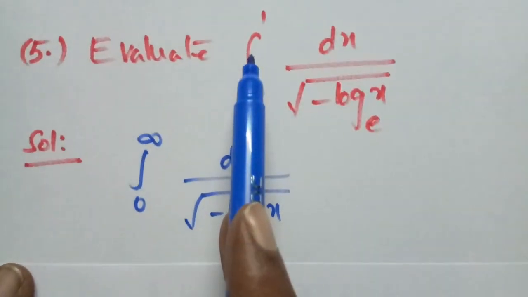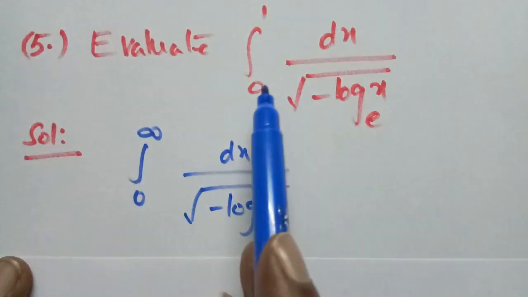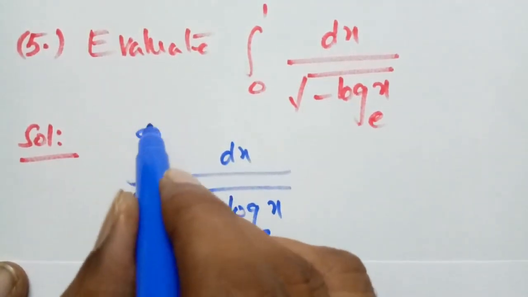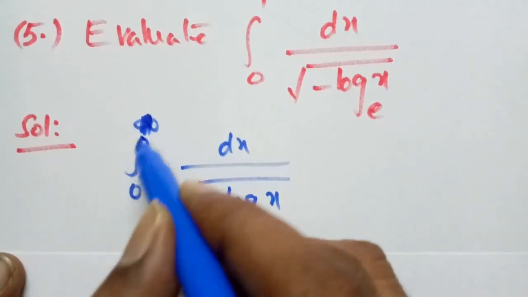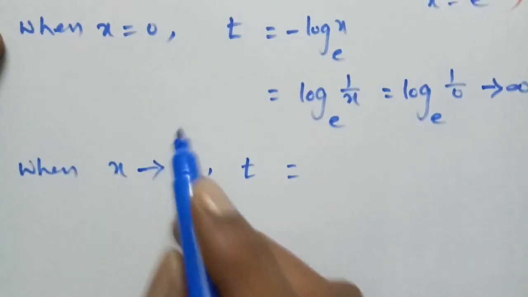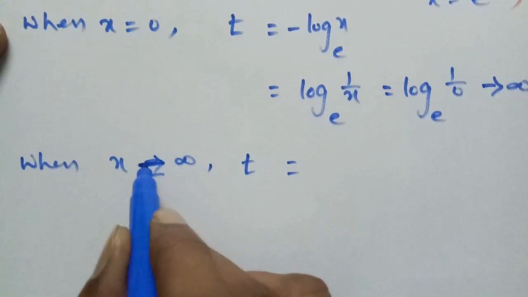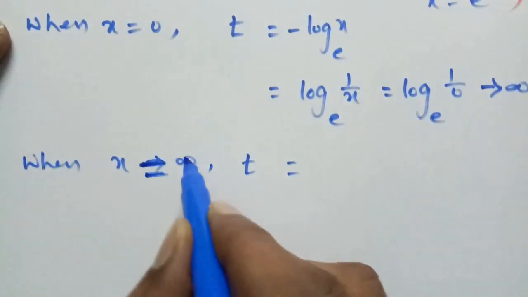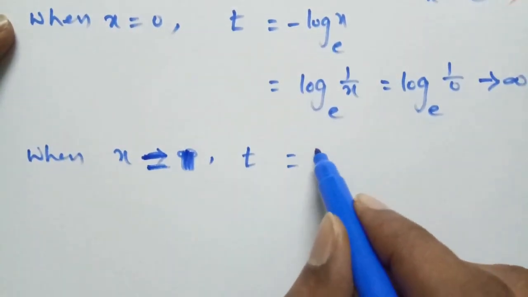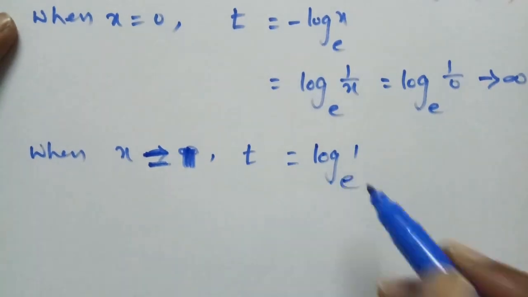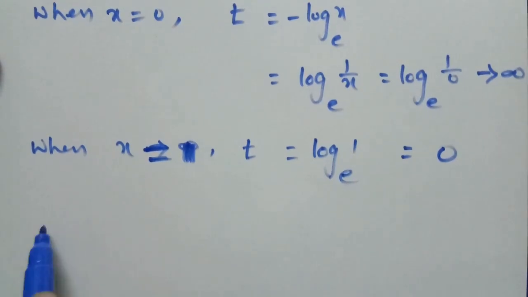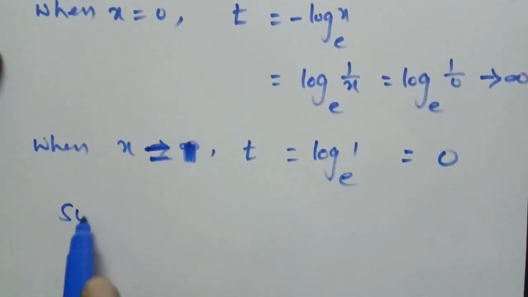Here the limits are 0 to 1. Lower limit is 0, upper limit is 1. By mistake, here I considered infinity. Let us change it to 0 to 1. Here also, when x is equal to 1, t is equal to log of 1 to the base e. Therefore, log 1 is 0. Therefore, substituting these values in the given integration,